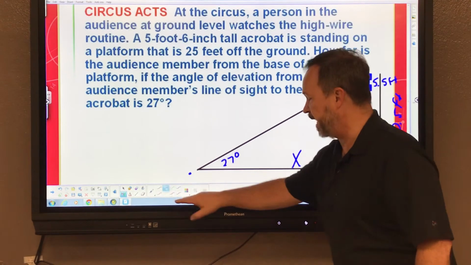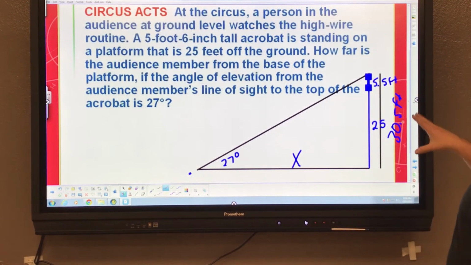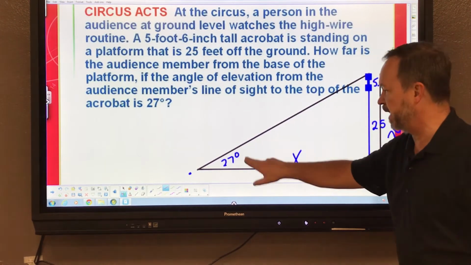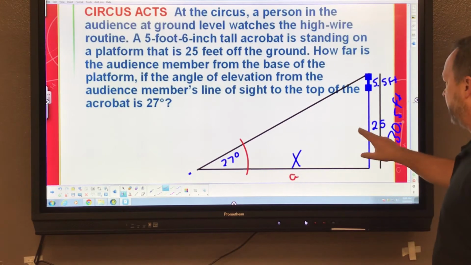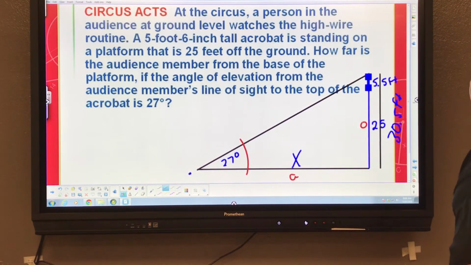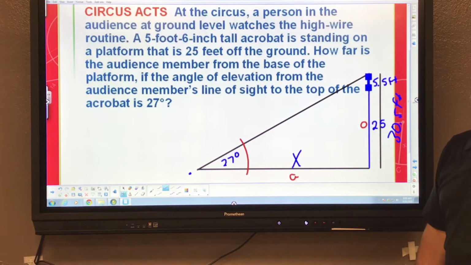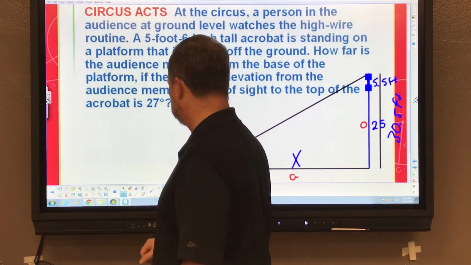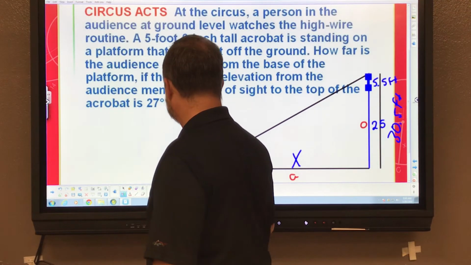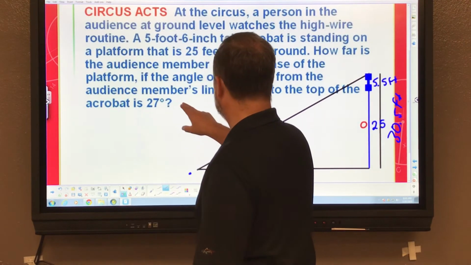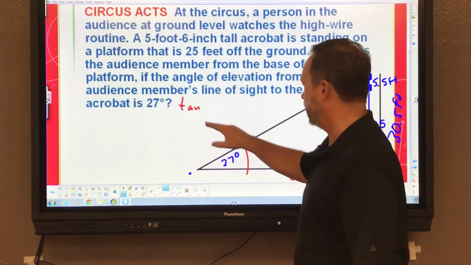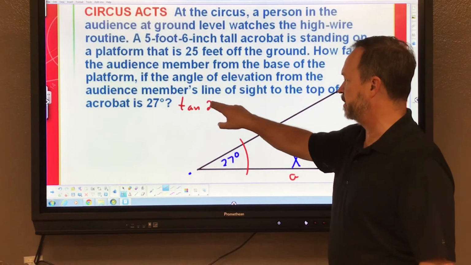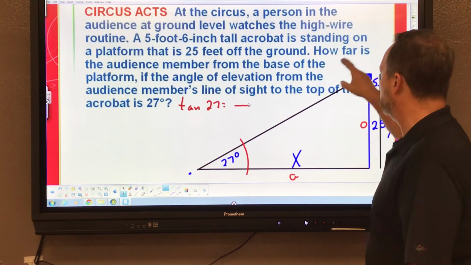So when I begin to analyze, once I get everything labeled, I analyze what's going on here. This is my angle, this is the adjacent leg, this is the opposite side. I'm tangent again. Seems like a lot of these are tangent, and they really are. A lot of the ones in this material are tangent. So I'm going to do the tangent. Let me get out of my own way here. The tangent of 27 is equal to